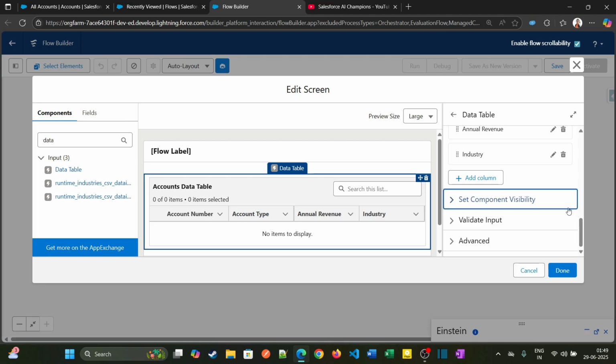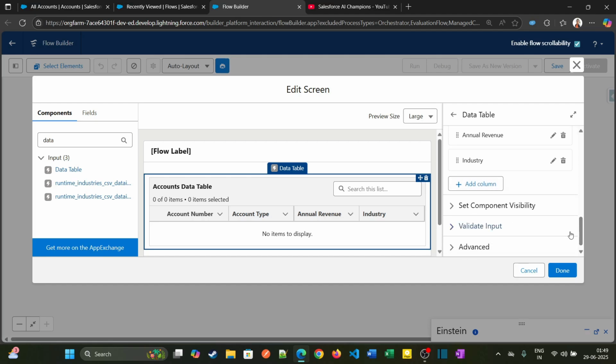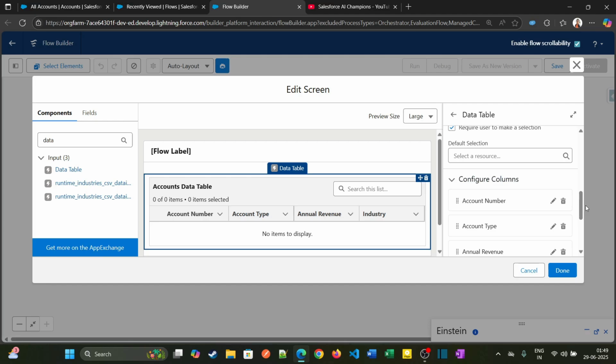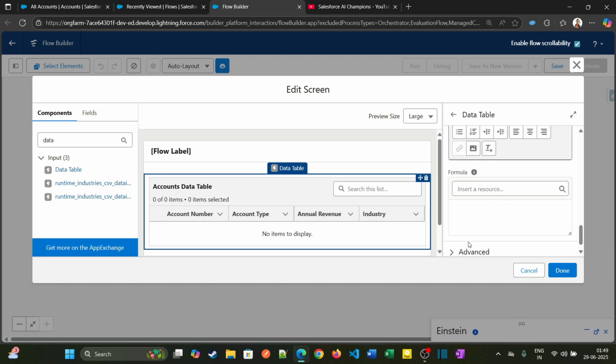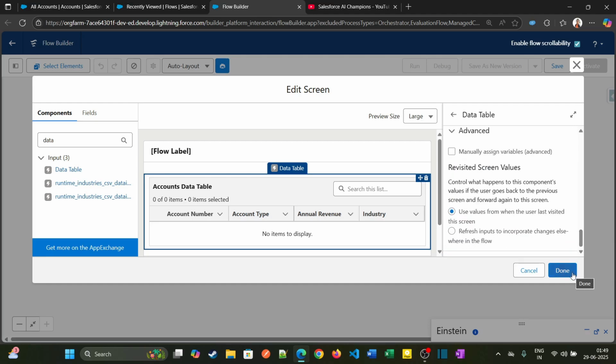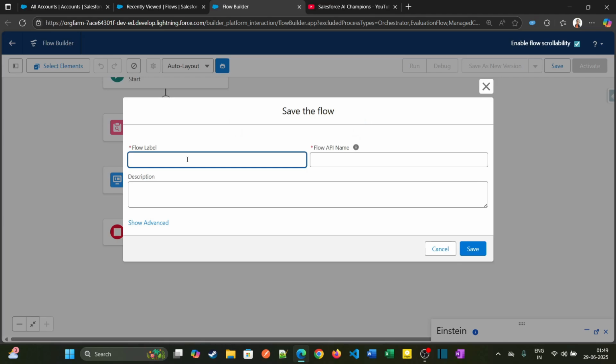So this is how we can simply configure a data table component. I have already configured these columns, and we are good with these configurations. And let me click on done, and let me quickly save this flow as data table screen flow,